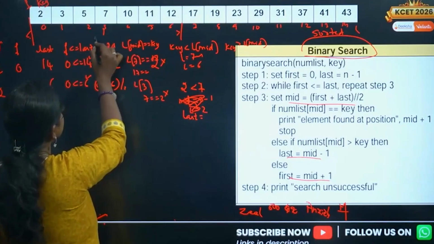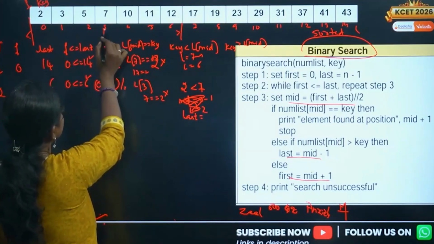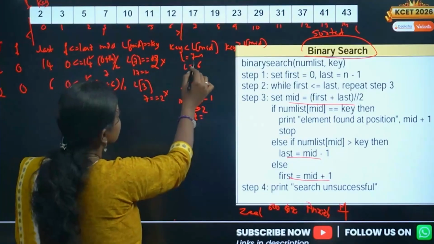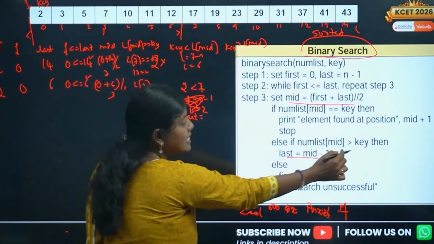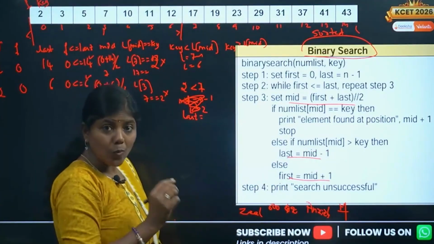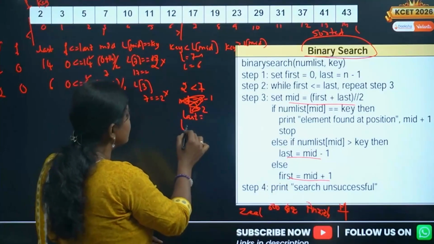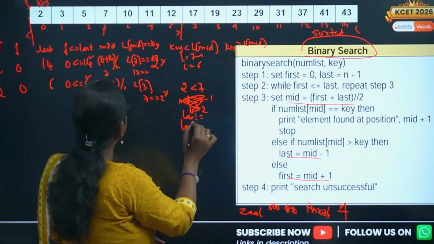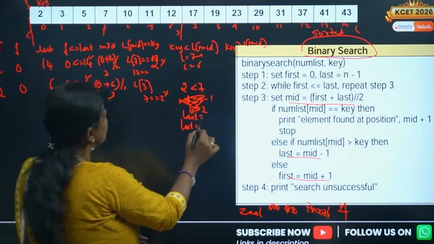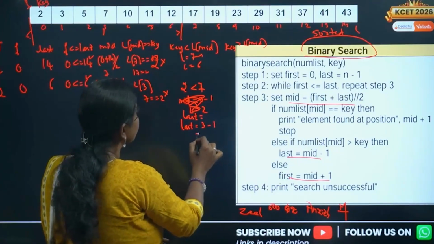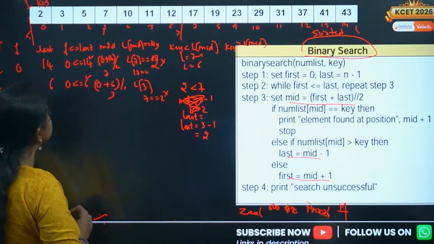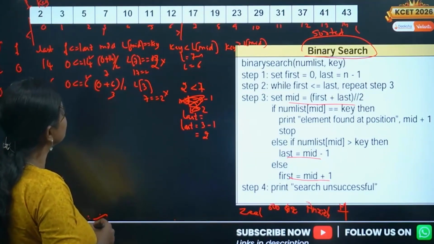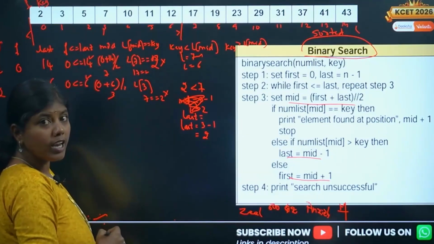I have to restrict my change. Okay, 3 does not satisfy the condition. Definitely the key is less. When the key is less, definitely last is equal to mid minus 1. Let me write again. Mid is 3, 3 minus 1. I have written correctly only. Last is equal to 2.